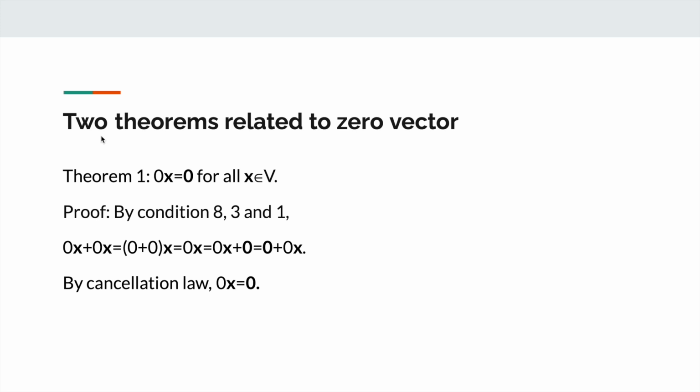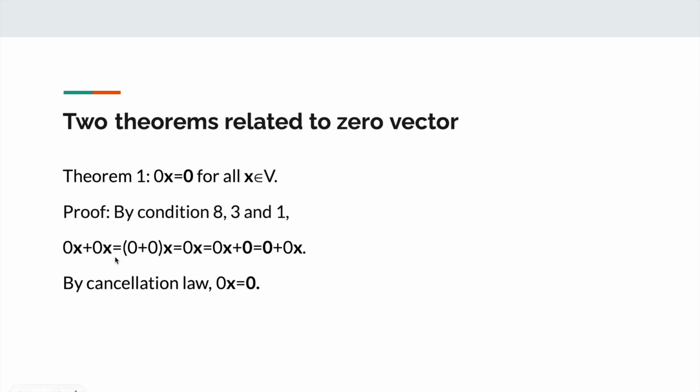Let's talk about two theorems related to the zero vector. Theorem 1. The scalar 0 times vector x is the zero vector for all vectors x in V. Proof: by condition 8, 3, and 1,